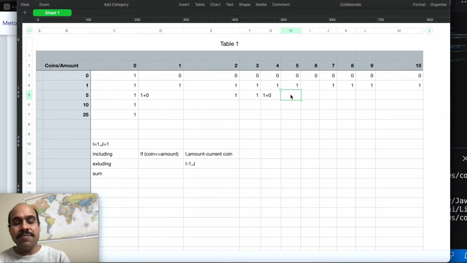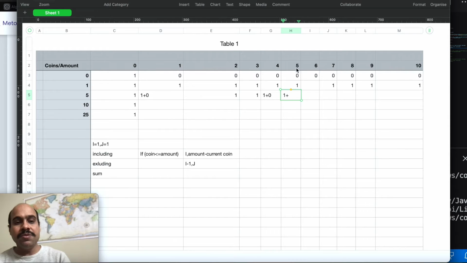Now here let's fill out this value. So first, how many ways are there to make amount 5 excluding this coin 5? So go at the top row, because we have already solved this sub problem. So 1 plus how many ways are there to make amount 5 including coin 5? Now this 5 is less than or equal to 5, so it means I can use this row's value.